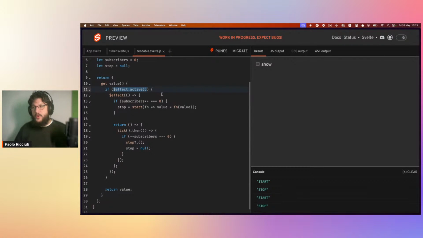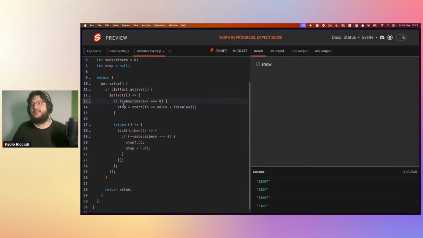This rune will be true only if you are calling this function inside an effect or inside the template, because at the end of the day, the template is an effect, or inside a derived. So if you are inside an effect, you can create a new effect, and